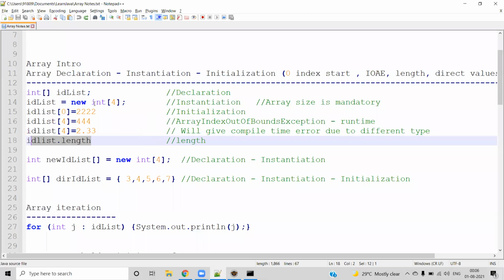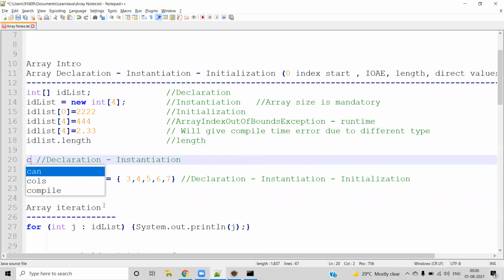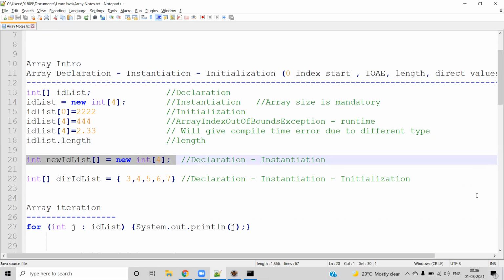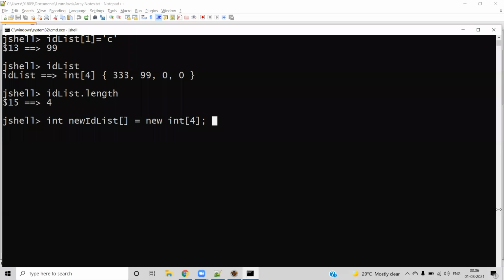We have seen declaration, instantiation, and initialization in three different steps. We can do it in a single step as well. Here you can see integer, new ID list, and the array. Some people prefer to type the square brackets after the variable name, and even that is allowed.